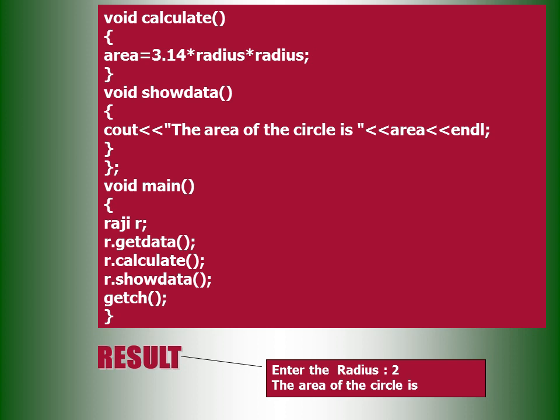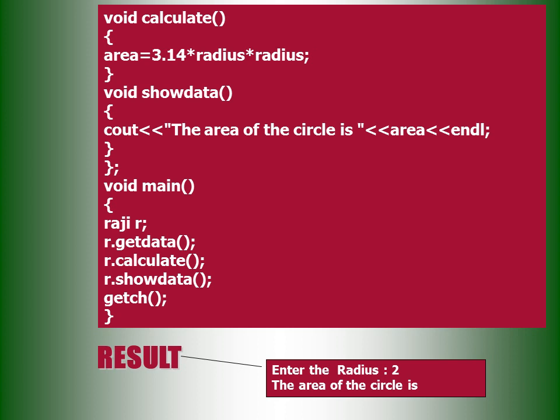These functions also are available in the public access specifier, and that must display the calculated value. The area of circle is area here. Okay, then afterwards we have to close the appropriate functions and the class, and after closing the curly braces of a class we have to place a semicolon, and we are using void main here. Here only we are declaring the main function, void main. In that we are going to create an object: Raji, space, r.